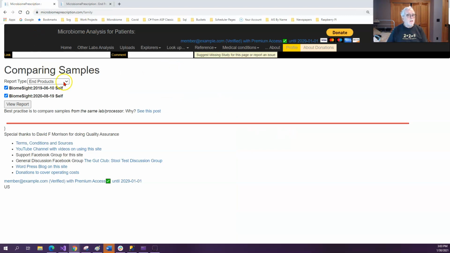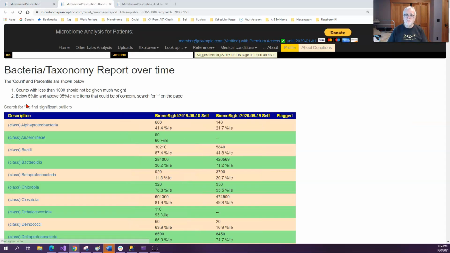Let's go back and take a look at something else. Let's take a look at the bacteria. Notice that it always opens up in a new tab, so once you have selection, you have everything easily available side by side without having to do much comparison. Again, we have the taxonomy rank followed by that. You notice the last column is